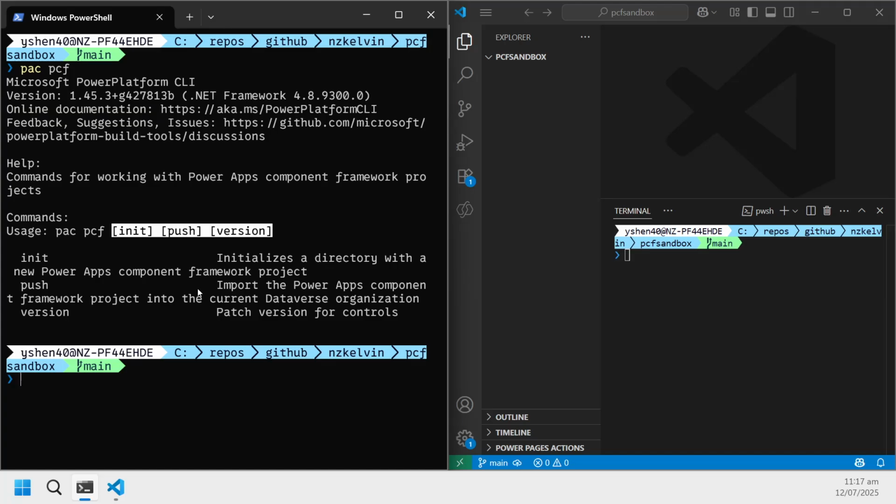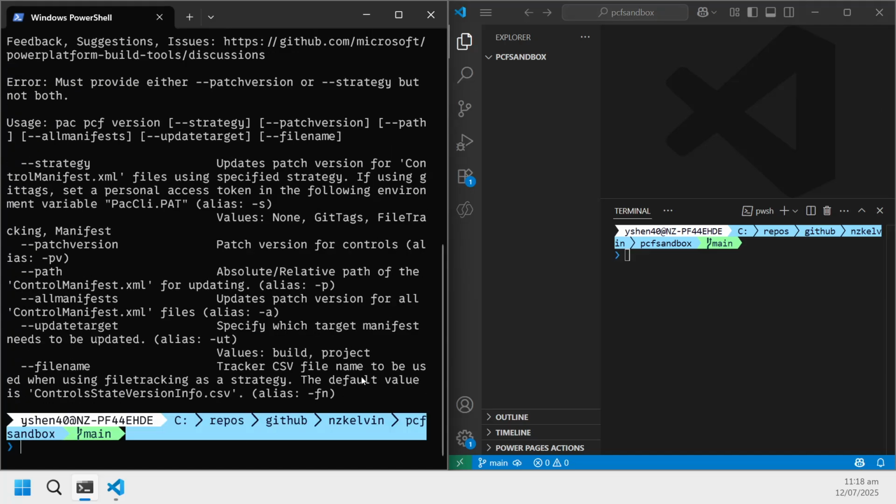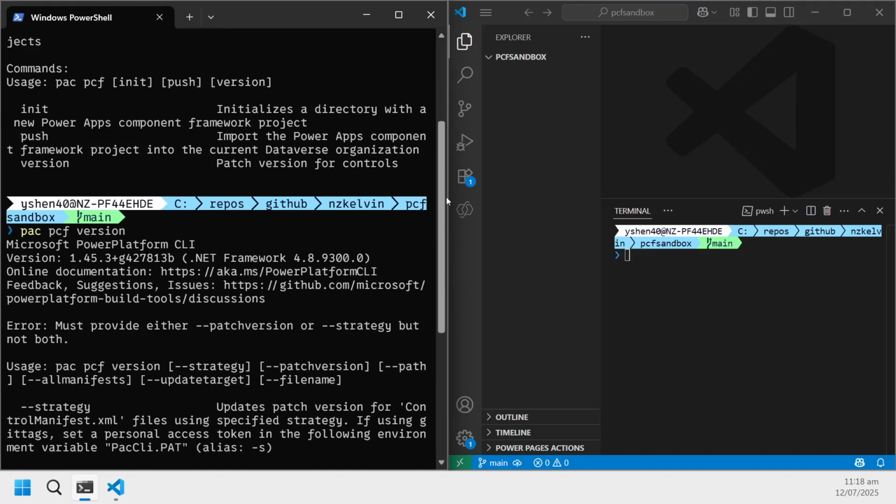Interesting. So there's a version, didn't notice that before. So this tells the patch version for the controls. Let's run this, see what happens. Okay, so this is destruction. Please disregard. So let's go to the Visual Studio Code and do the same thing and run pac pcf